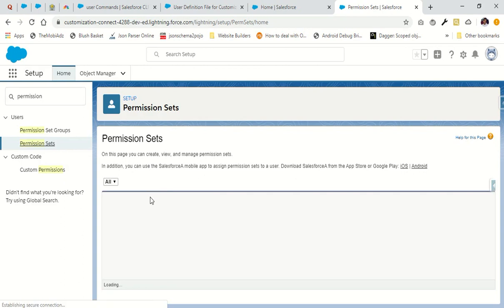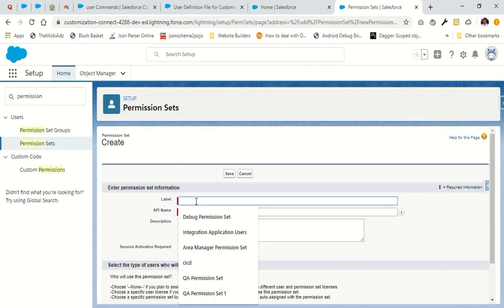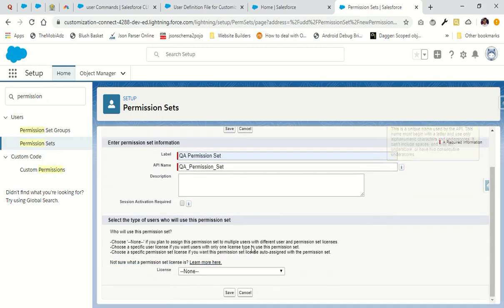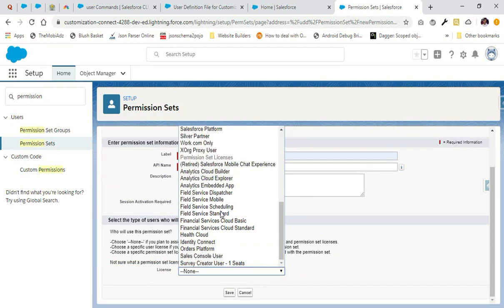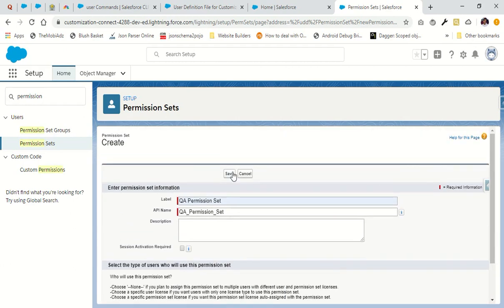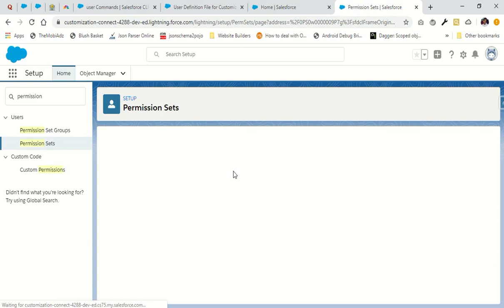Let's create a new permission set here. I'm going to click on new, and let's name it QA permission set. The license that I should specify here is Salesforce license, because standard user has a Salesforce license, right? So I'm just going to save this permission set, and right now I don't have any user that is assigned